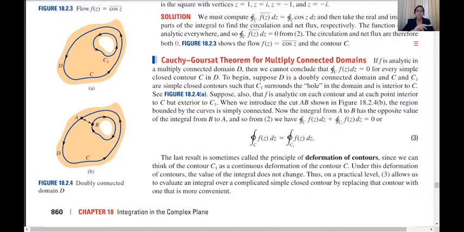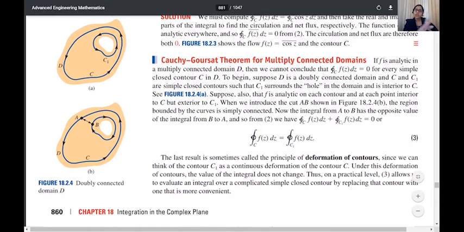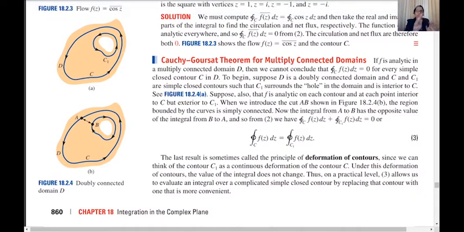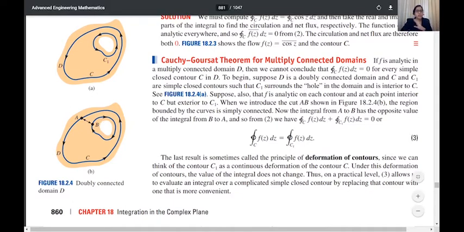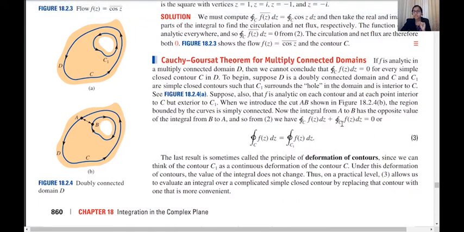I hope I'm not confusing you guys. Here if you see in figure A, both C and C1 are in the counterclockwise direction. Okay, they are favorable to us. Now when we consider B, when we put a hole in it, and I'm considering this whole curve as a single contour, you can see that the contour C is in the positive orientation and C1 will be in the negative orientation because it is in the clockwise direction. So they have the opposite sign, so the integral over C of f of z dz plus the integral over C1 of f of z dz will be equal to 0.